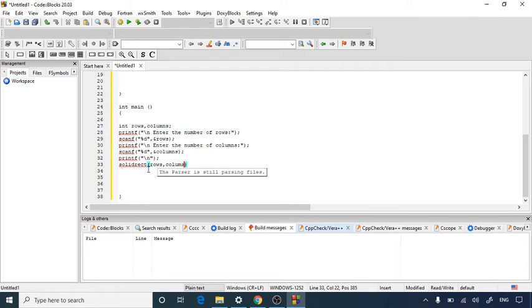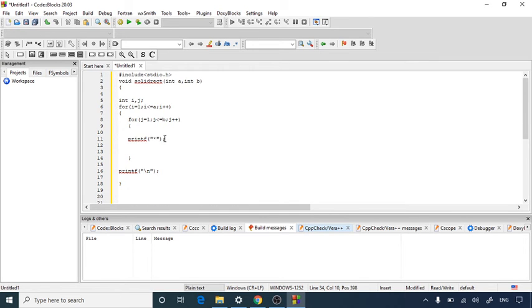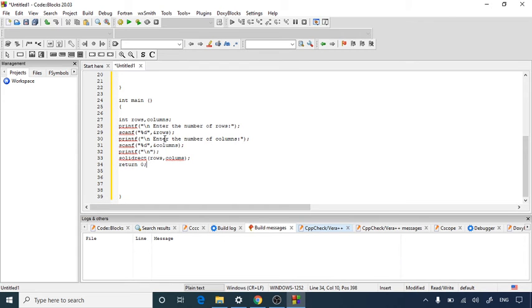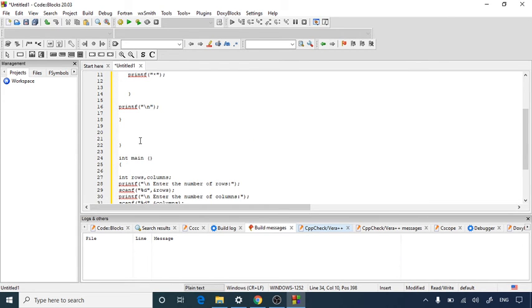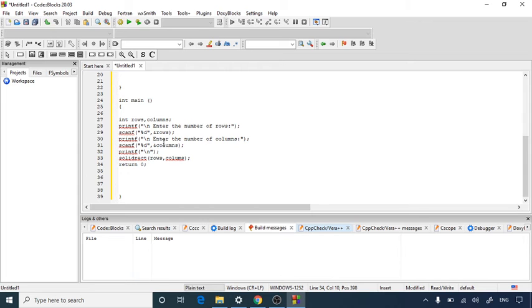This is called passing the arguments, and then for that we have to use a return 0 statement. So in this way we have written a program to print a solid rectangle, and here I am going to print the rectangle as per the user's choice of rows and columns.